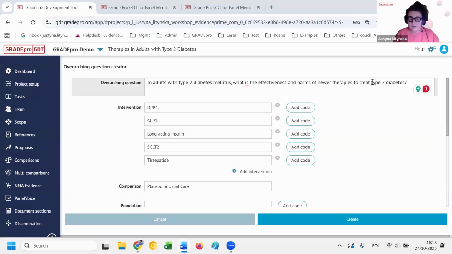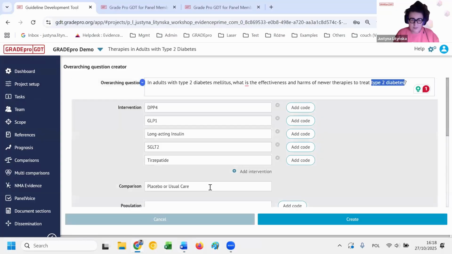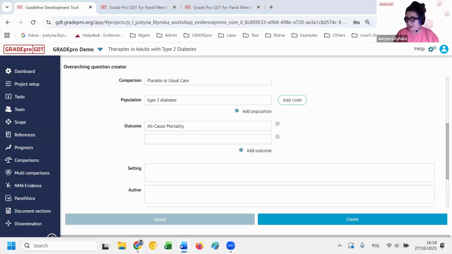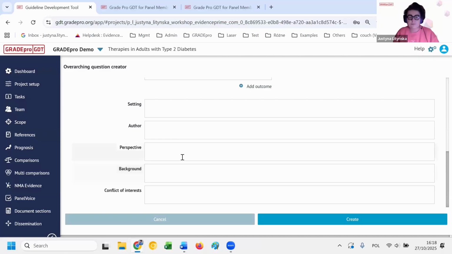So in this case, that would be type 2 diabetes. And again, I can say outcomes. So in this case, let's say it's all-cause mortality and MACE, as was in the project. There are additional